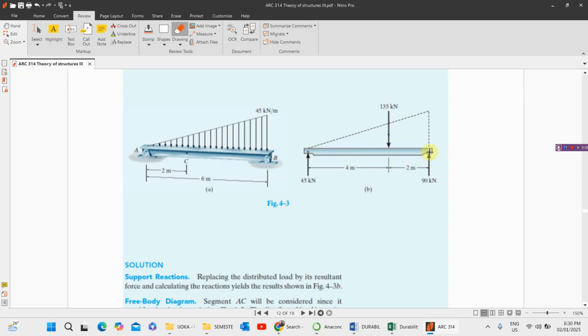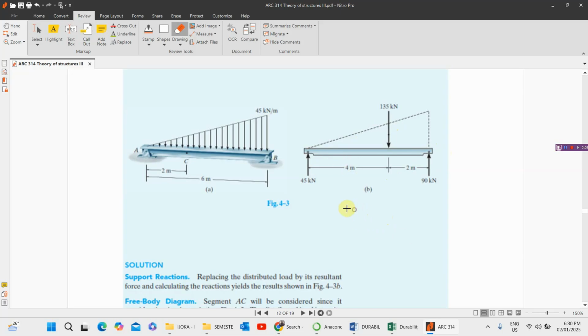I can say I'm taking moment about this particular point. If I take moment about this particular point, I can now say this reaction here, I don't know the reaction yet. This reaction here times this distance is the same thing as this force times this distance. That is 135 times 2 is the same as maybe RB times 6. So by the time you do your calculation, you will get this reaction, and then you can now apply the principle of